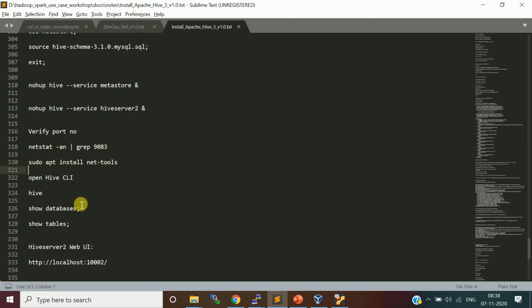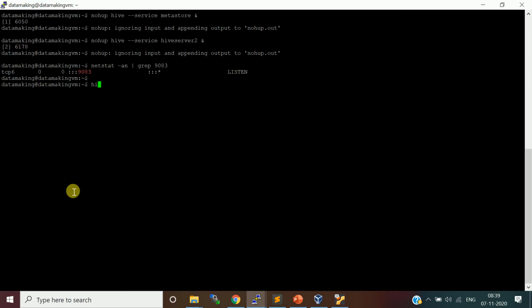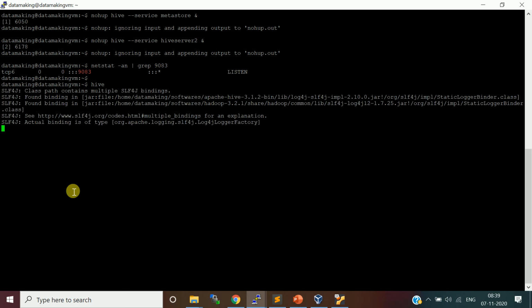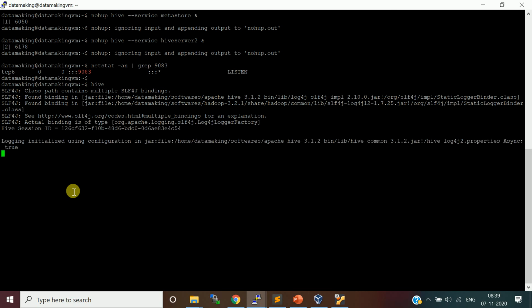Now before going further, we'll go to the Hive CLI. CLI is nothing but command line interface. To go to that, I'll just type hive. So it is going to launch it.